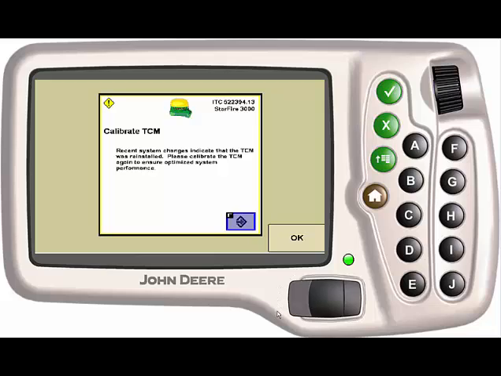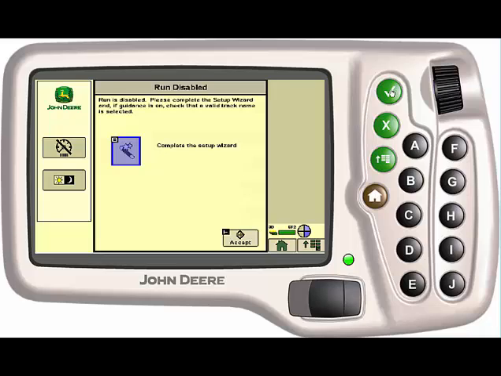Okay, so in this video, I'm going to be showing you how to use Autotrac on an 1800 display. First off, we want to go into this menu that's going to pop up. It's basically going to tell us we need to set up some information through the setup wizard. So we'll select B,